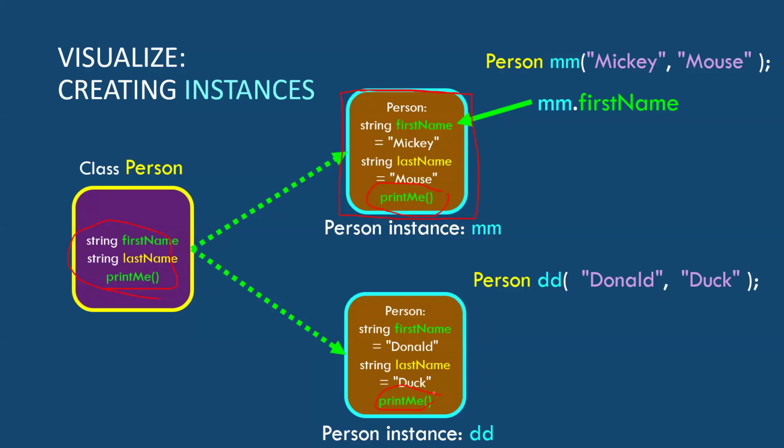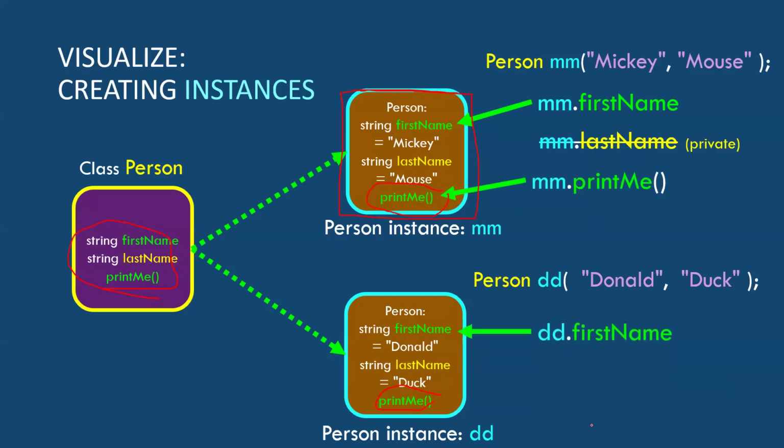It's actually putting those things in there unless they are static. So when we get to our static variable types or static method types, then it'll stay back at the factory. But right now, those things are copied into each individual instance, and they actually take up space. So your instances are going to be fatter if they have more methods defined in them that are not static. Okay. So when I call dd_print_me or mm_print_me, it's calling that actual code inside of that instance.